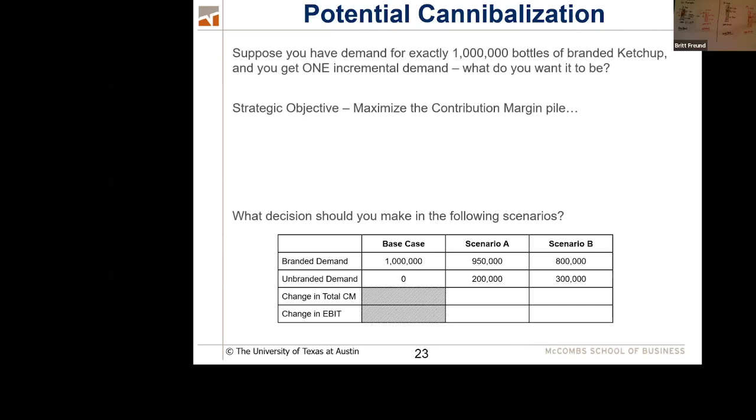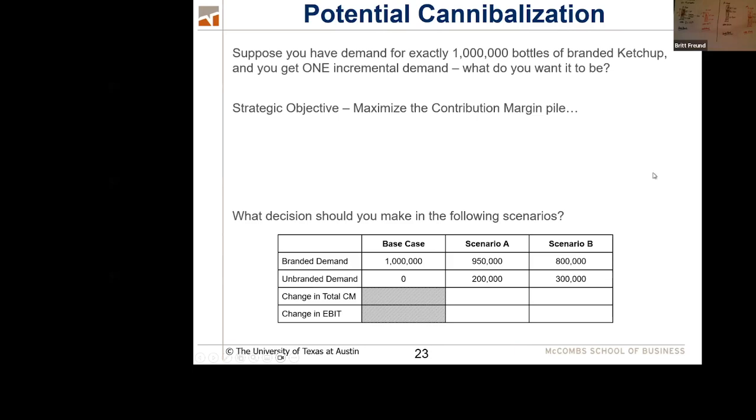That's what it means. So market research firm A felt that Hunt's brand was fairly strongly branded. And so they said, yeah, we used to sell on average 1 million Hunt's ketchup, and we didn't have this one, so we didn't sell any of these. And we think if you start offering that, there's going to be a little bit of cannibalization. So instead of 1 million, we're only going to sell 950,000, but we're going to sell 200,000 of those new brand, you know, the HEB brand. That was scenario A. That's what market research firm A thought.